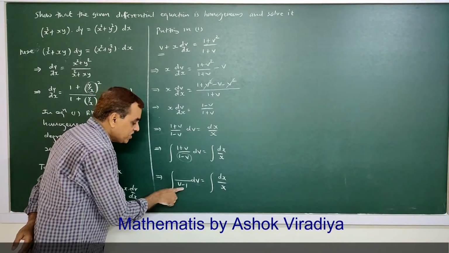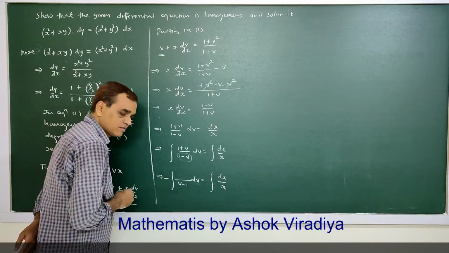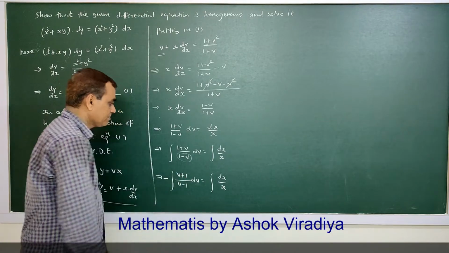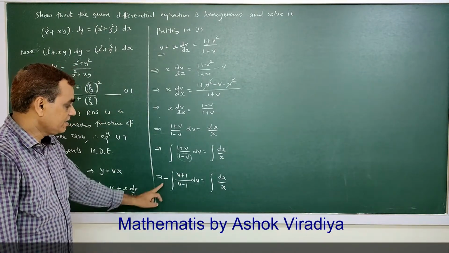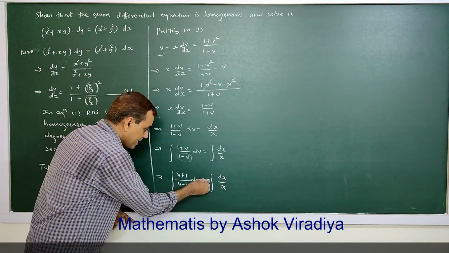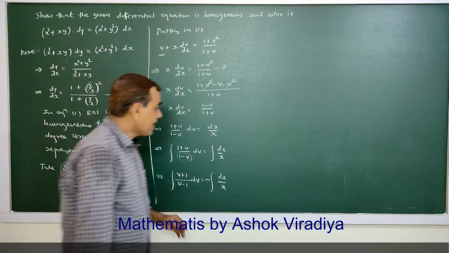So the sign is changed in the denominator, so I have to change the main sign. The numerator is v plus 1, the numerator we keep as it is. And this sign I am shifting to the right hand side, so instead of here I put here a minus sign. Then in the next step,